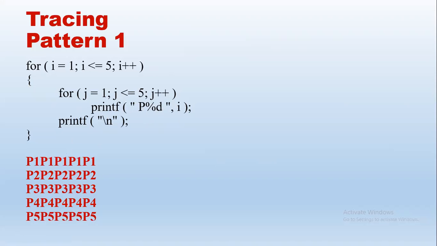So first we have some terms here. For the outer loop, each value is called one pass. For example, I equal to 1 is pass 1, then I changes. The first value of I will be pass 1. It may start from 1 or 0 or 10 or anything. So I equal to 1 is pass 1. Here I have just written the output is to print Pi. So pass 1 for us will print only line 1. So we will see how we will print P1 5 times. This pass 1 tells us how P1 is printed 5 times.